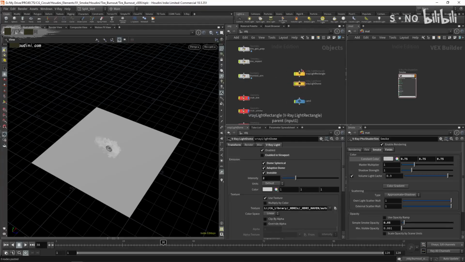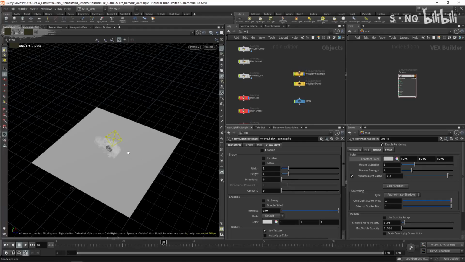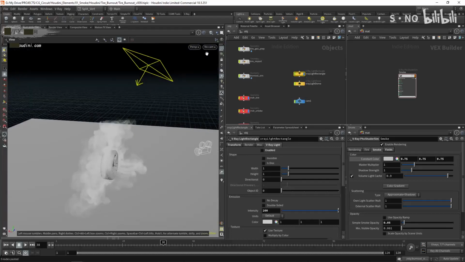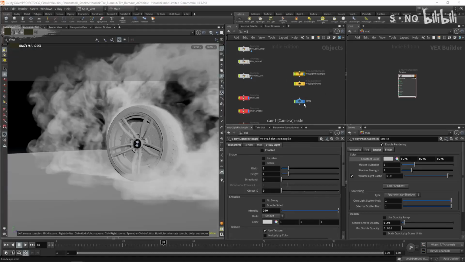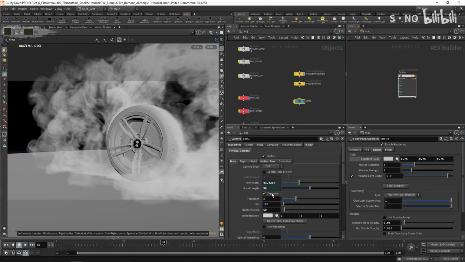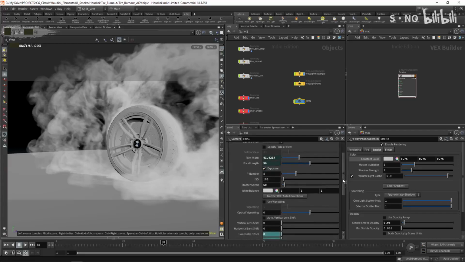So here we have a V-Ray light rectangle. Again, pretty straightforward. The camera is looking from pretty much the same direction. The camera already has some V-Ray physical camera properties assigned to it. So you just select the camera and press this button, physical camera, and that way you have the physical properties. I have motion blur enabled, I have exposure being considered, and I have all these settings. The only thing that I changed from the default values is actually the shutter speed, which is at